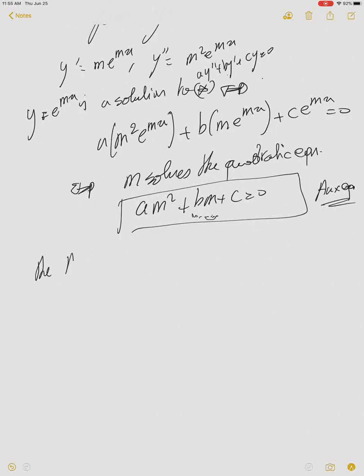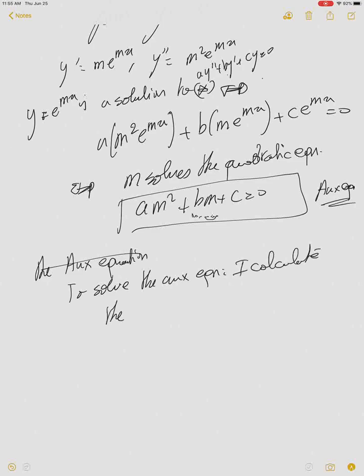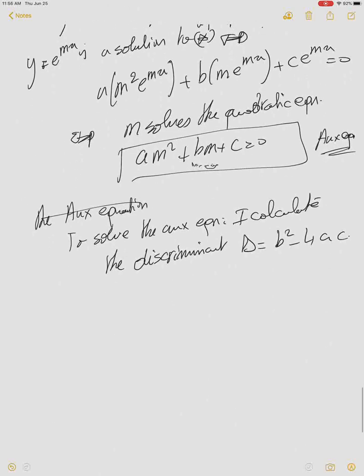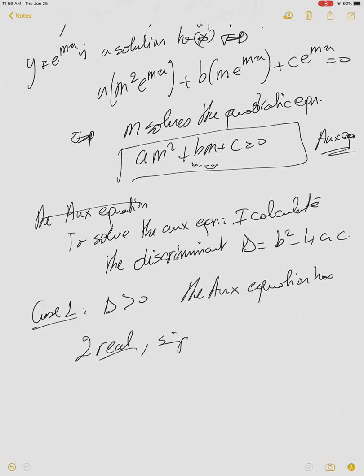Now, to solve the auxiliary equation, which is second order, I calculate the discriminant, or I just factorize, the discriminant delta equal b squared minus 4ac. And I have three cases. So case 1, delta is positive, which means the auxiliary equation has two real simple roots,